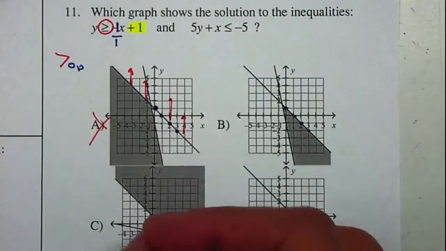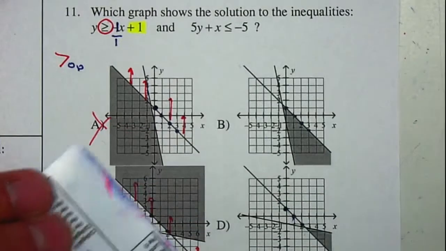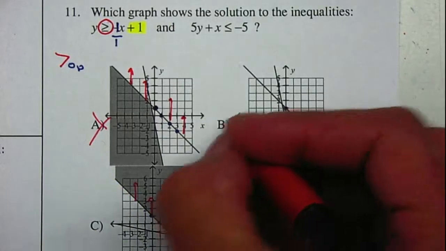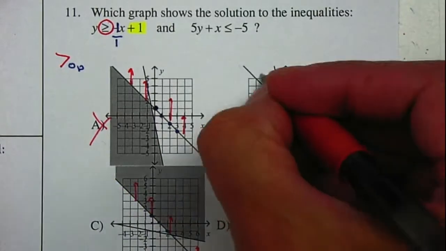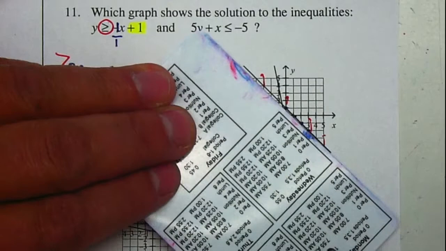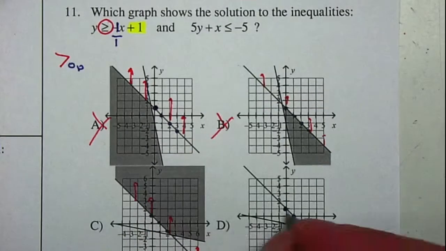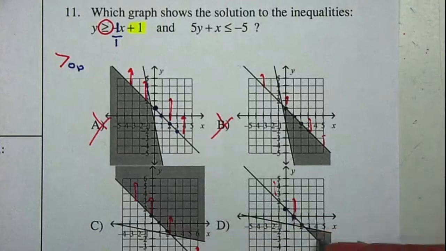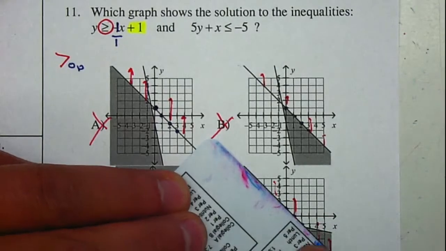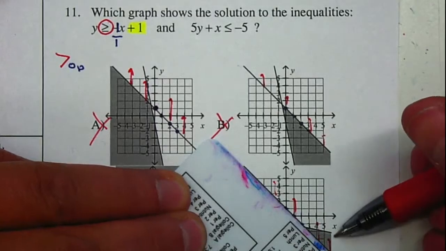For letter B, I'm going to place up arrows, and did it shade part of the top section? Yes. Letter C, I'm going to place up arrows on this line because we're shading the top, and did it shade part of the top section? No. And letter D, up arrows, and did it shade part of the top section? They did right here. So right here they did shade, so it's only part of it, so that one's fine